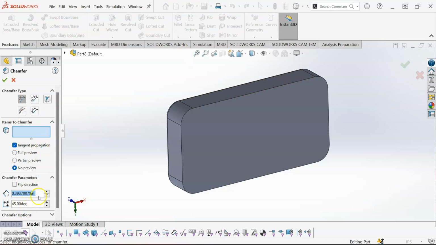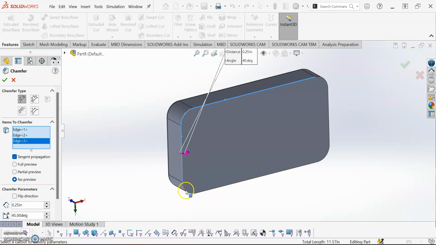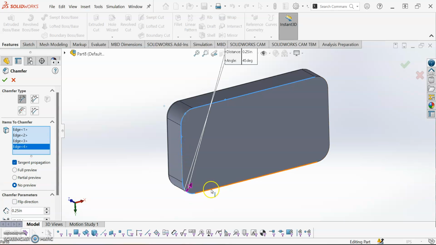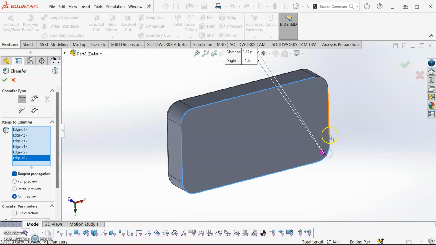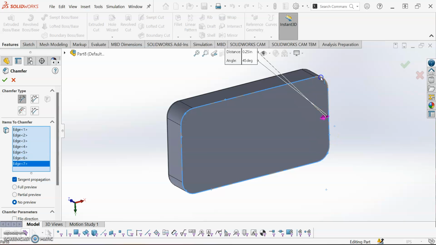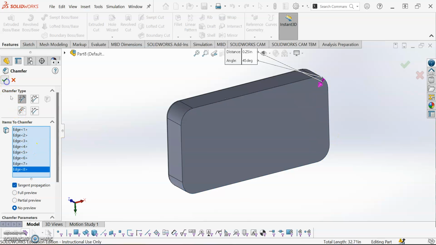Say I want a 45-degree chamfer and I want it to be 1/4 inch long. I can select the edge. I'll just go ahead and select all of these. And then if I hit the check mark,